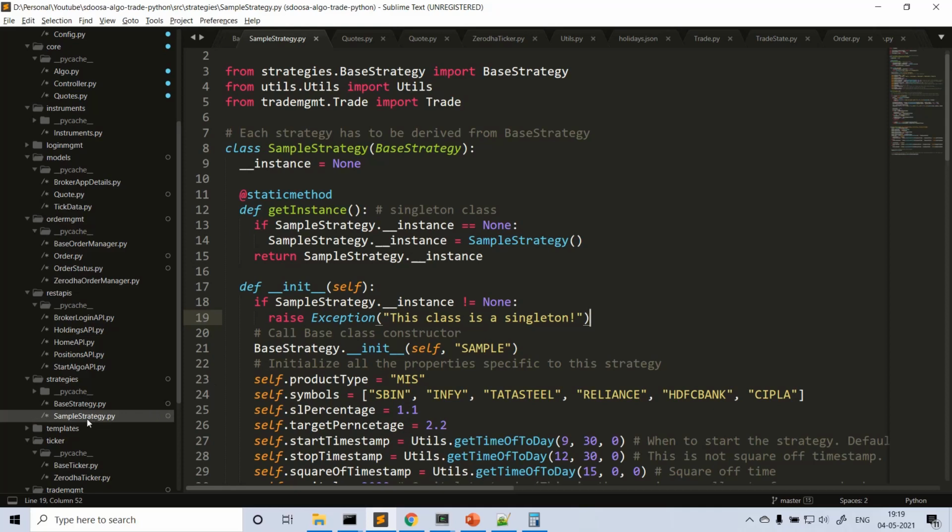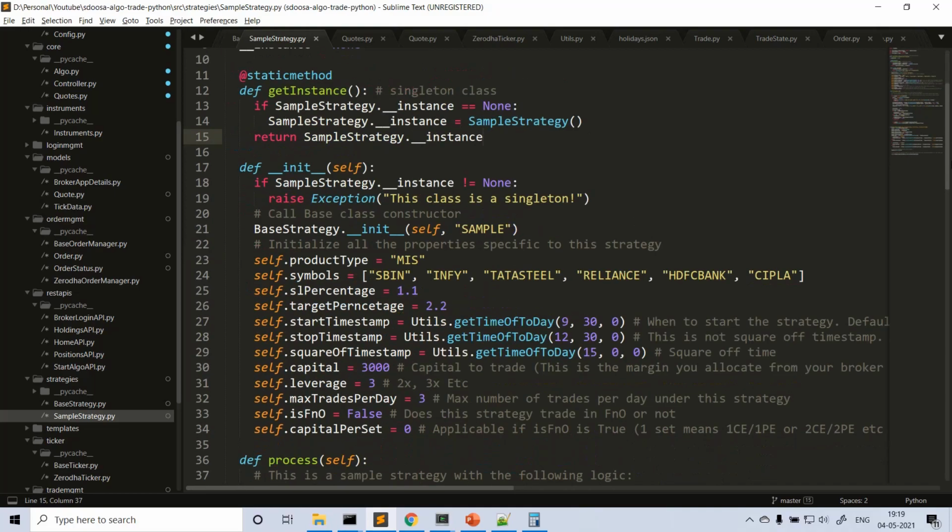If you are writing a sample 2 strategy, a super trend strategy, whatever strategy you are going to write, this code you need to write commonly everywhere. These properties will change, but you just copy paste this sample strategy and keep changing the values. In case of sample, you replace the sample strategy with, let's say, super trend strategy. I hope you got it. This is the way to prevent creating multiple instances of a strategy. Here I'm using the singleton design pattern. If you don't know about design patterns, that is another topic; if you are interested, you can search the internet and learn.